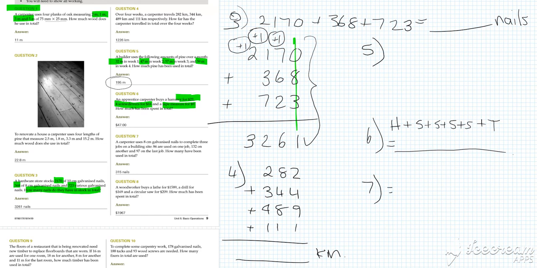For question 7, a carpenter uses 8 centimeter galvanized nails to complete the job. 86 are used on one job, 132 on another, and 97 on the last one. How many have been used in total? So again, I want you to show me